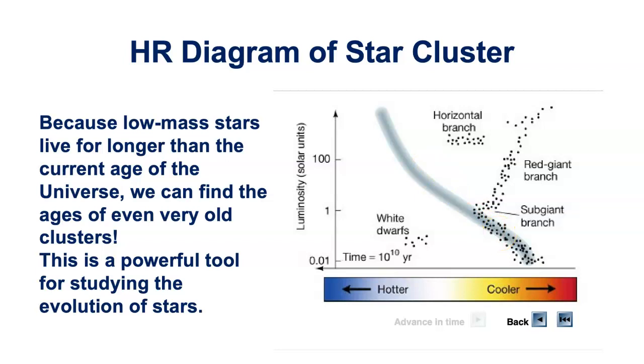It sure beats having to look at a star and wait for something interesting to happen, which could take millions or billions of years. Rather than looking at 1 or 2 or 10 stars and watching them for millions of years hoping something interesting happens in order to figure out their age, you could just look at a cluster of stars for one night and figure out how old they are. This is why I say this is a really powerful tool for figuring out the ages of stars and how they're born from protostars onto the main sequence, how they evolve from the main sequence to supergiants or red giants or white dwarfs or neutron stars or black holes, and then what happens after that,